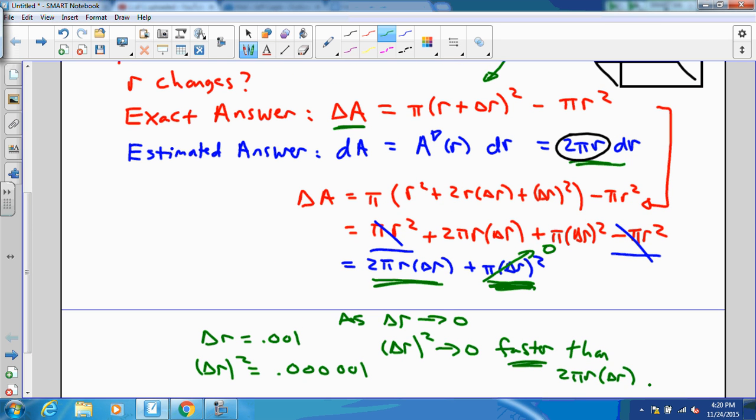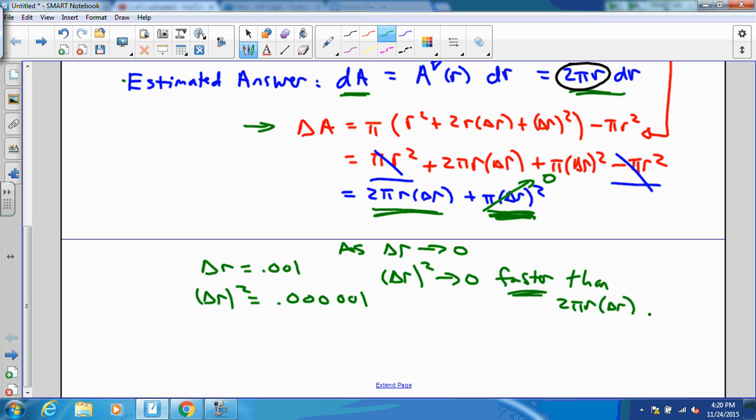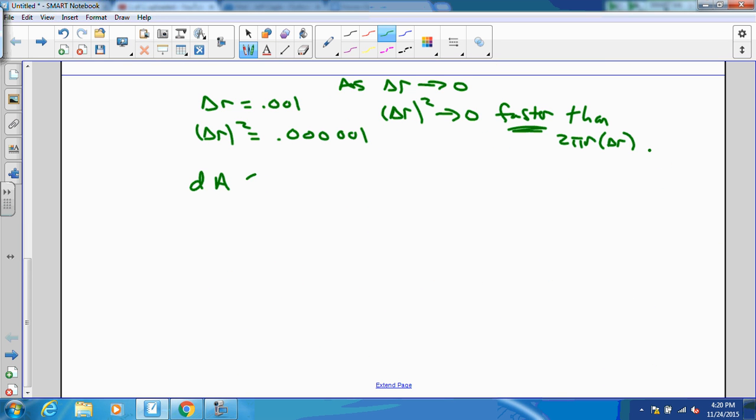So how do we sum all this up? We can sum all this up by saying that there is an exact delta A that we could compute. But that delta A is a pain to compute because it involves some algebraic squaring. And we can say that there's an estimated change in area, and that estimated change in area is A prime times dr, which is 2 pi R times dr. And that estimated change in the area will be approximately equal to the actual change in the area for small